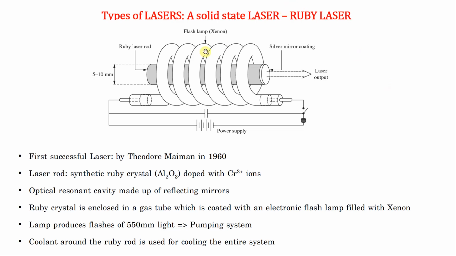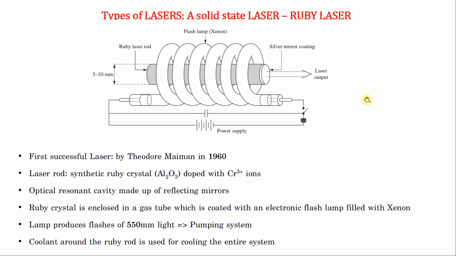Let's see the construction of the ruby laser. Here we see a ruby laser rod. This is a glass tube, a laser rod, within which we have a ruby crystal. The ruby crystal is Al2O3, doped with chromium 3+ ions. You have it here at the center, and that is going to act as the active medium. Next,